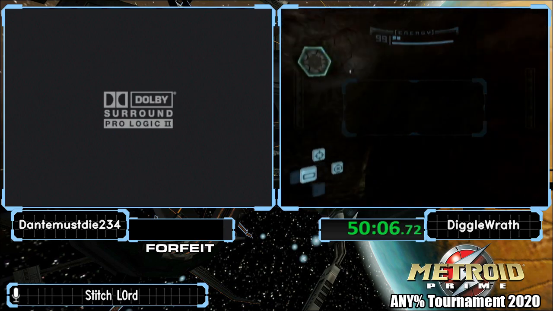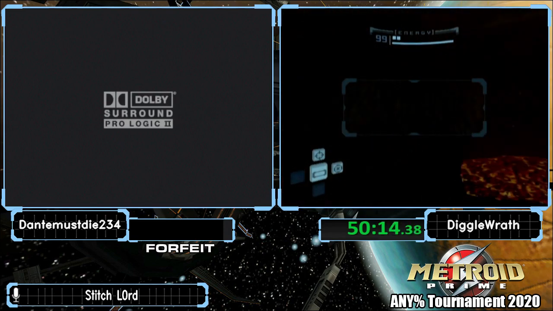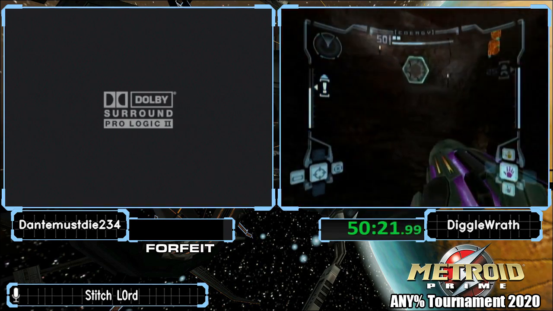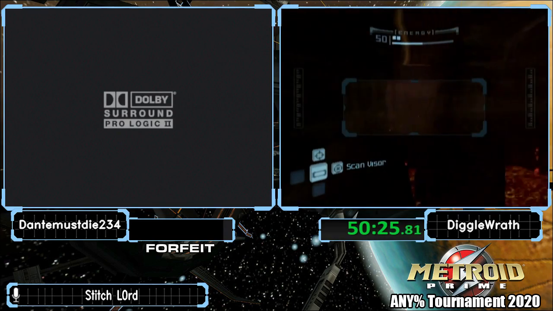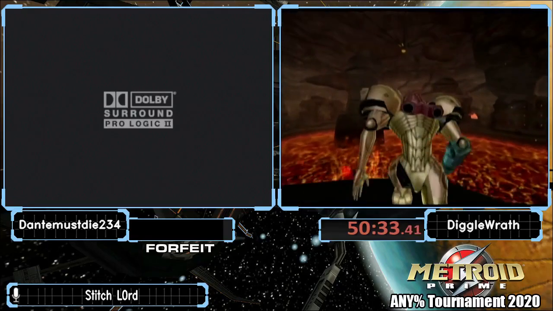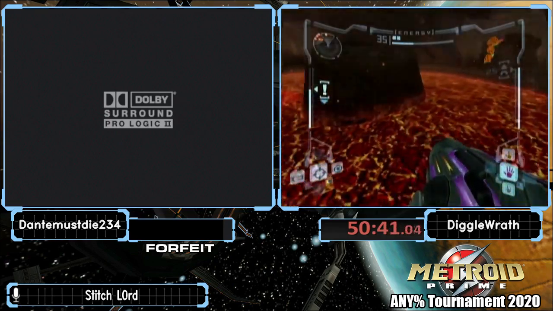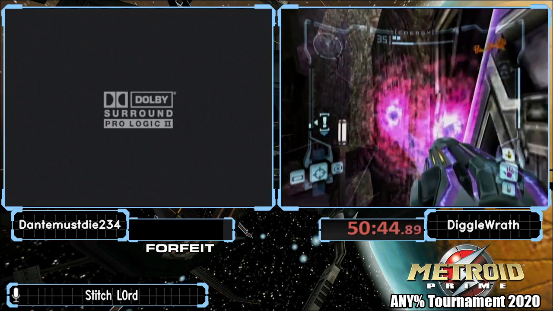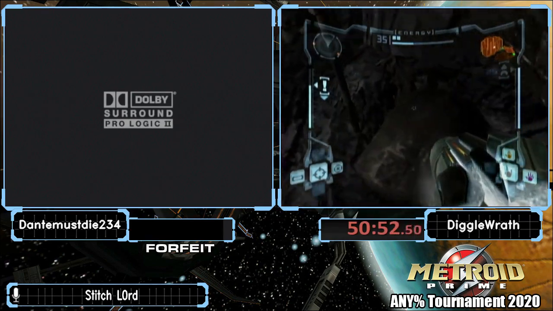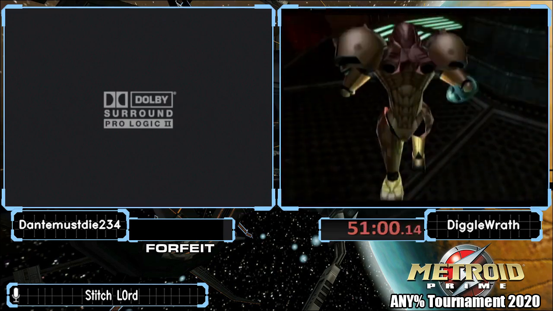Okay. So now he's going to go get the plasma beam. They're supposed to have Spider Ball to get across Twin Fires Tunnel, but you can either do a B-hop, or he's doing this dash. So here he's skipping the grapple beam by jumping onto that block, and then